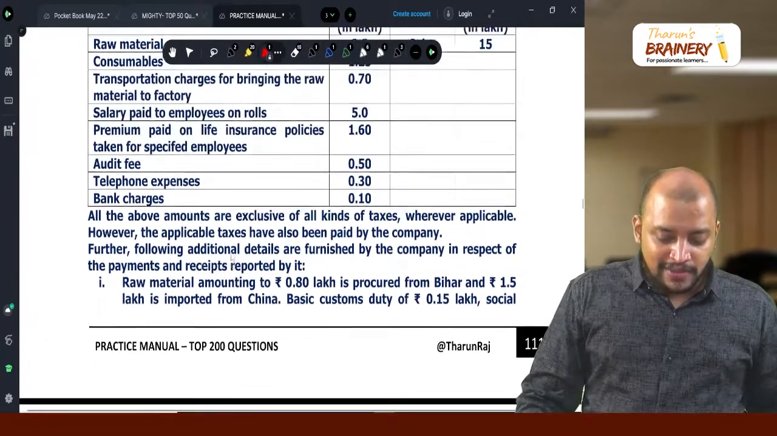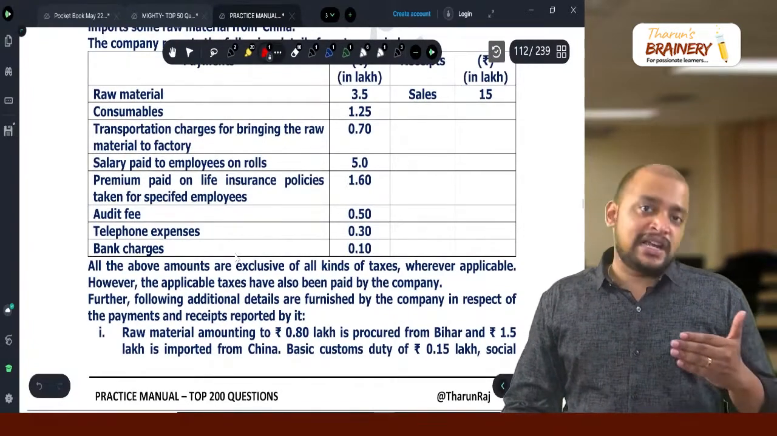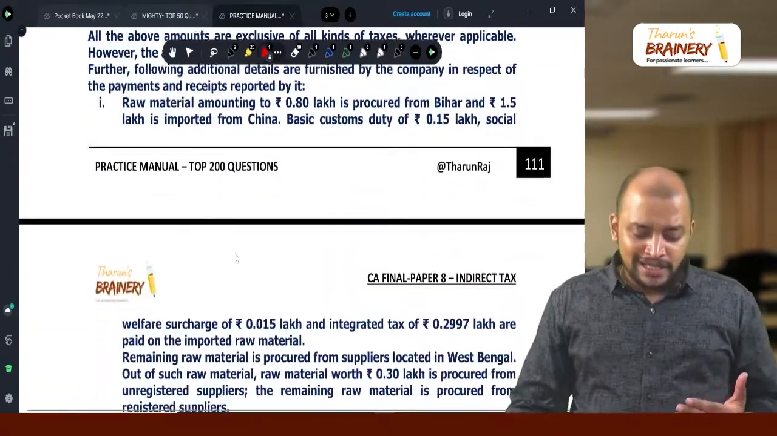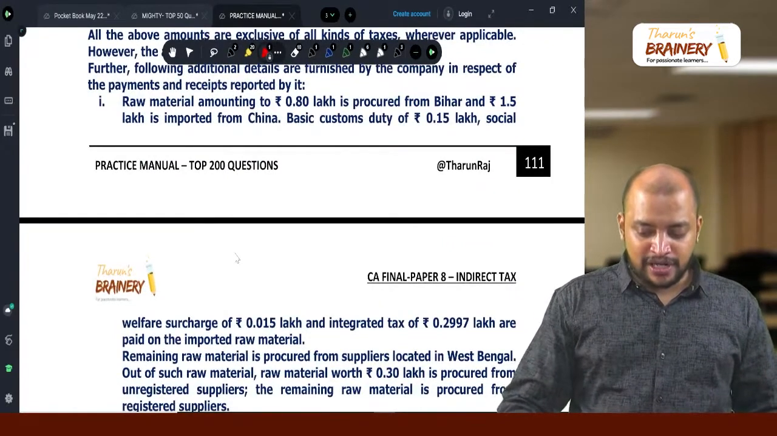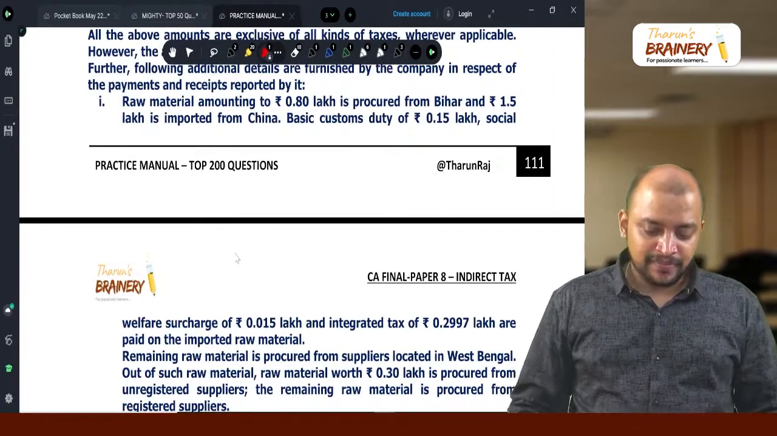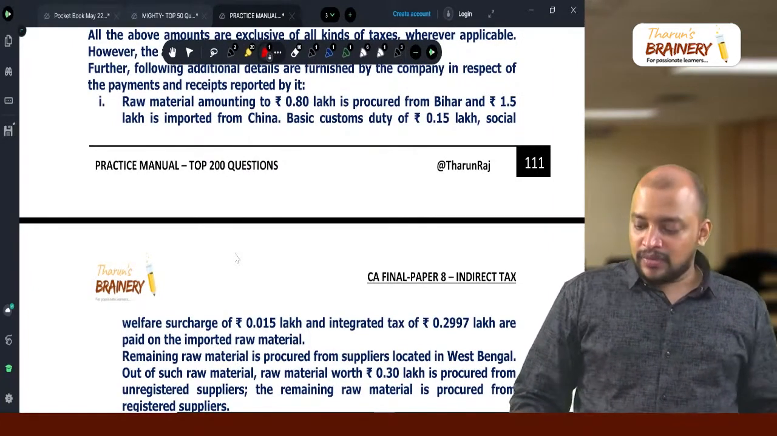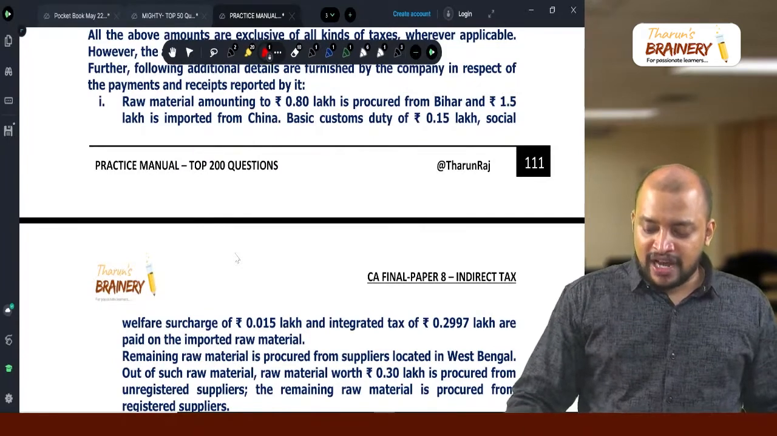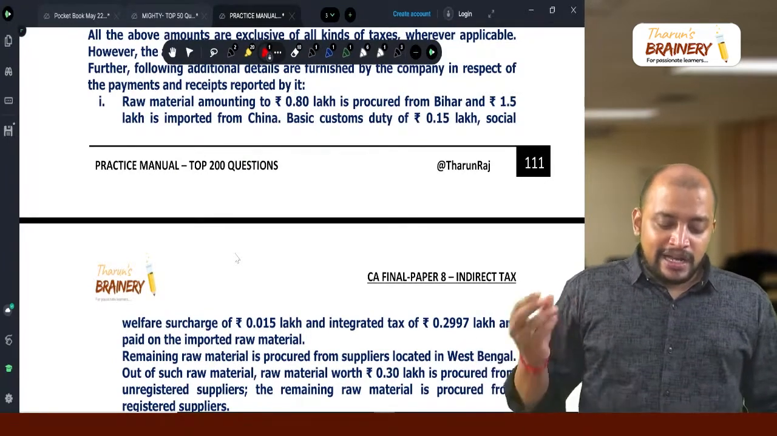So total raw material is 3.5. In that 3.5, we are getting a breakup. Out of 3.5, 0.8 is procured from Bihar, and 1.5 lakh is imported from China. So minus 1.5, therefore 1.2. Okay, in that 1.5,